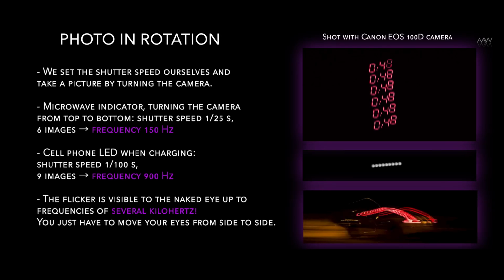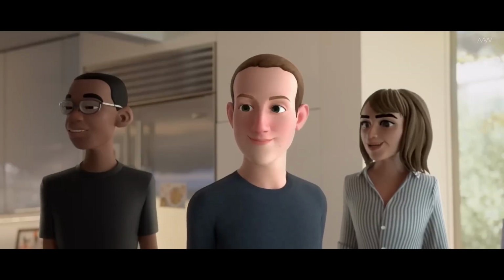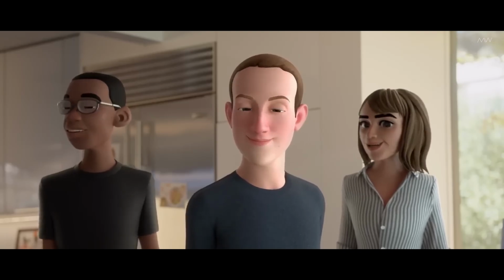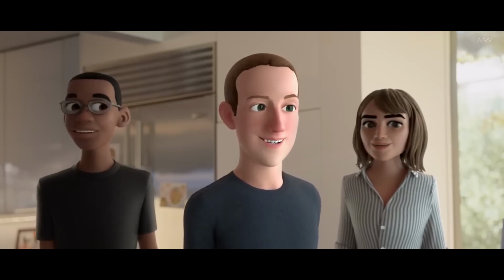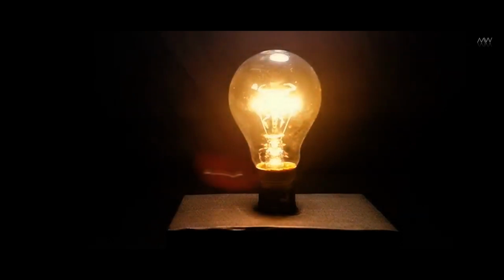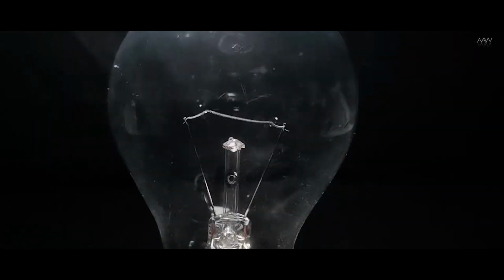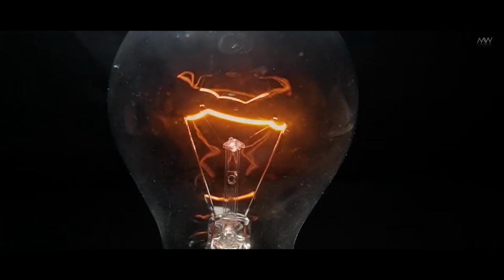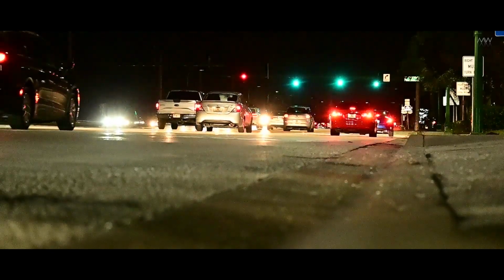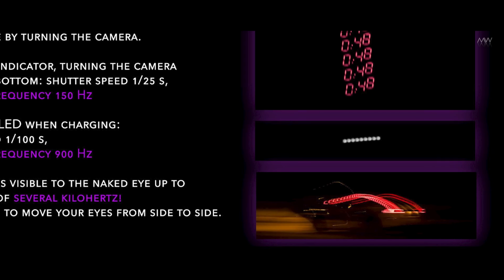Something similar you can see with your own eyes, without smartphones, without cameras, without instruments. You just need to practice. How do you do that? To do this, you need to look at the shimmering object not directly in front of your gaze, but by swiping your gaze back and forth. At first, of course, you can turn your head, but then it is better to look back and forth. And having practiced, you will be able to see fast flickering objects, even if their frequency is higher than kilohertz, more than 1,000 times per second. Say, often the tail lights of a car, they flicker too. If you flick your eyes back and forth, you'll see something similar.